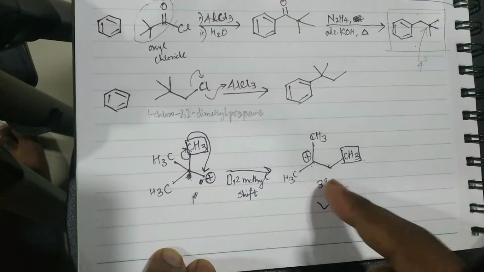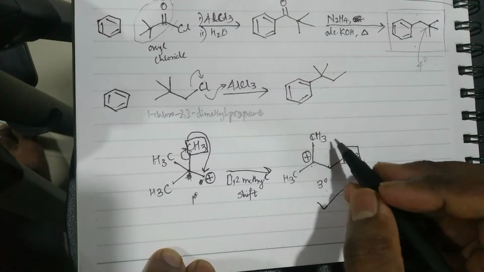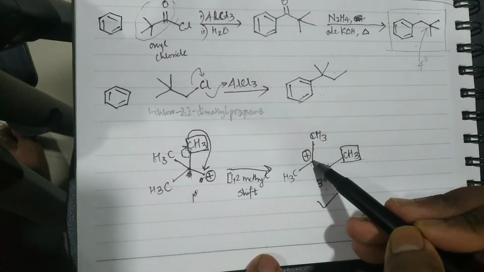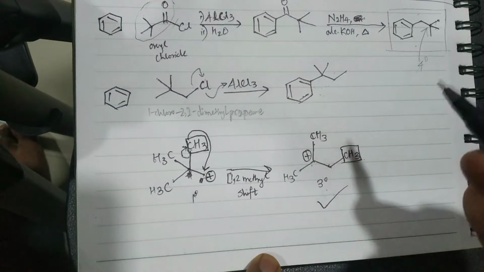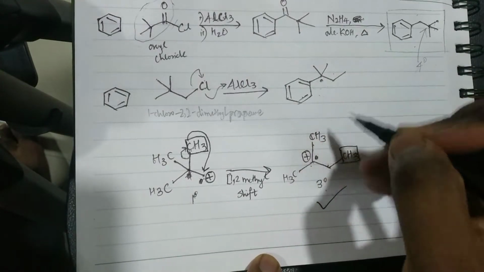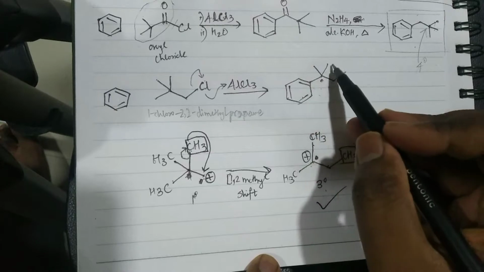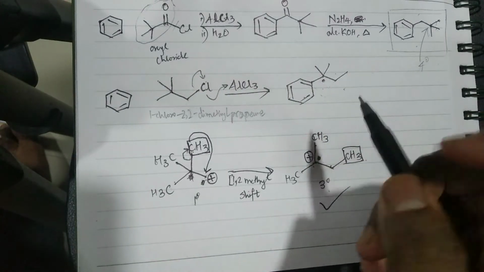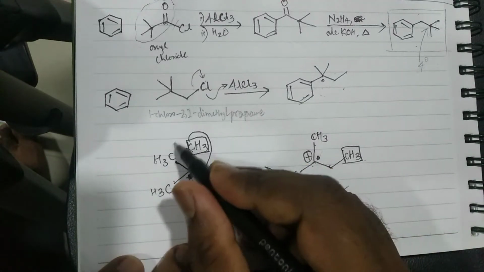So hence a tertiary carbocation will be the ideal electrophile that will attack the benzene ring. Okay, so this carbon is this one. I'll just mark it with a dot. So you have these two methyl groups looking like two antennas, and then you have CH2, CH3. Okay, now what is this entire rearrangement called?